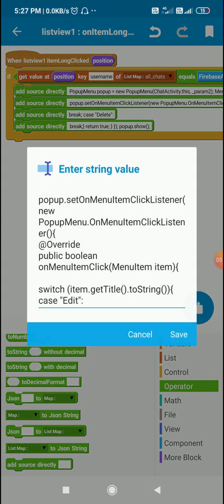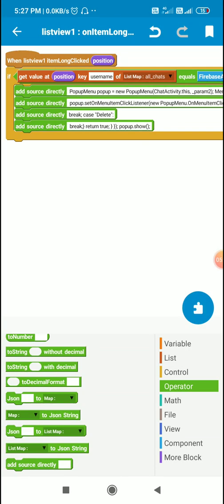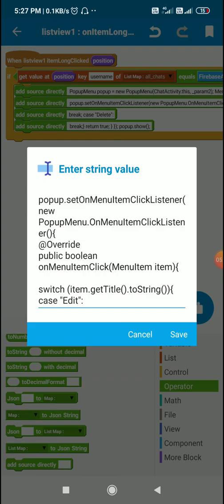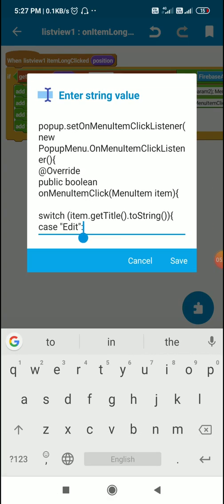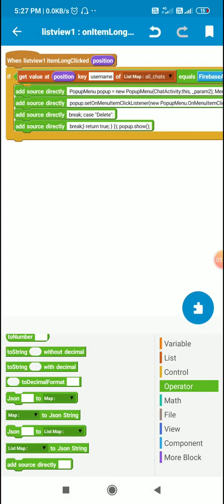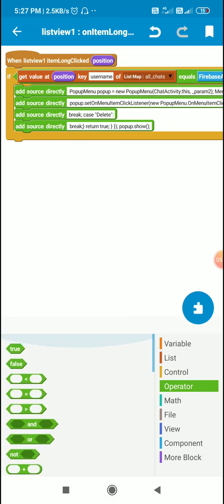After this I can write the blocks or code which I have to execute when edit is clicked. So when edit is clicked, I will get the data and display it in a dialog box.